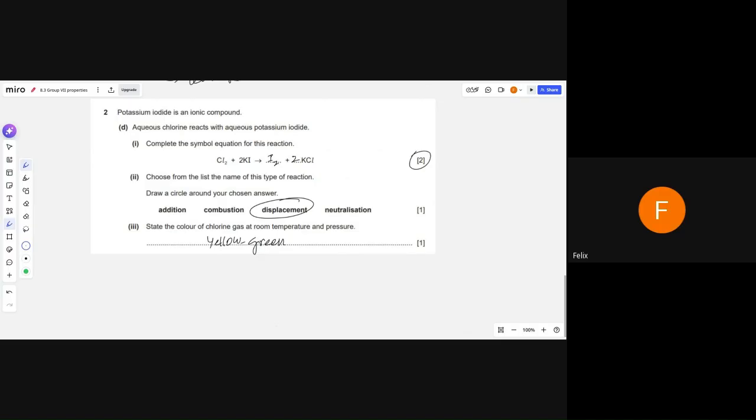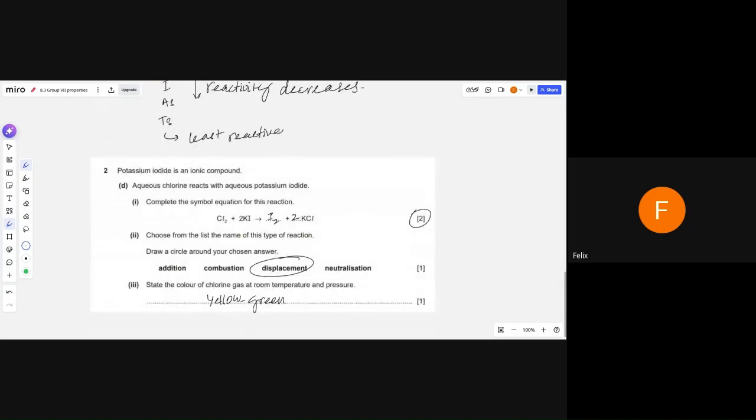Now let me find another question which will be related to this last topic, predict the properties of other elements. I think that's it. So when we will be covering the past papers separately,